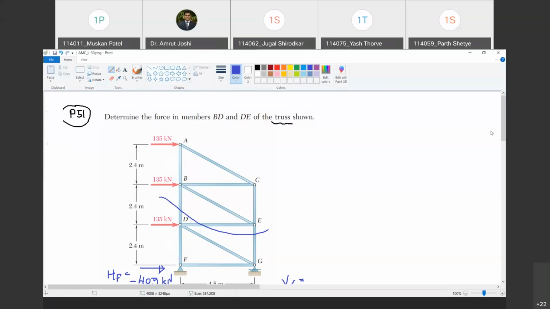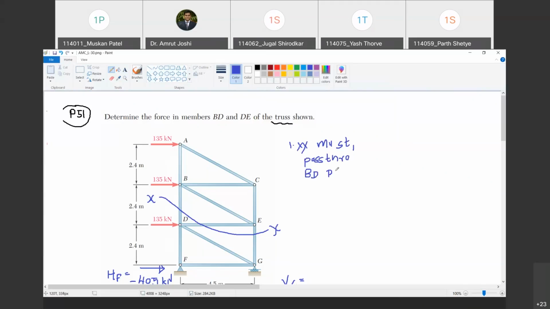Now the consequence of it, the member FG also got cut. That's all right. But my aim was to take such a section which involves not more than 3 members to be cut, and it divides the truss into two parts. Let me explain how the section is taken. Let us say I have taken section XX. So what were the conditions? Section XX must pass through members BD and DE. Are you with me?